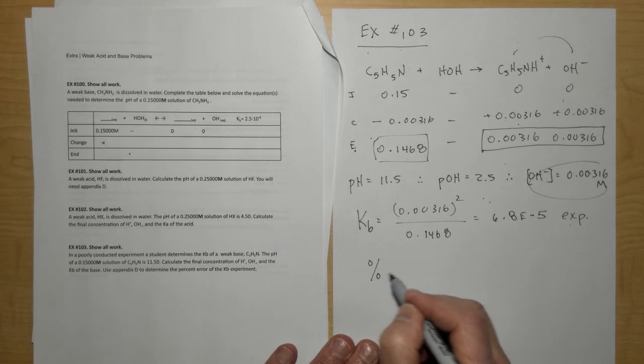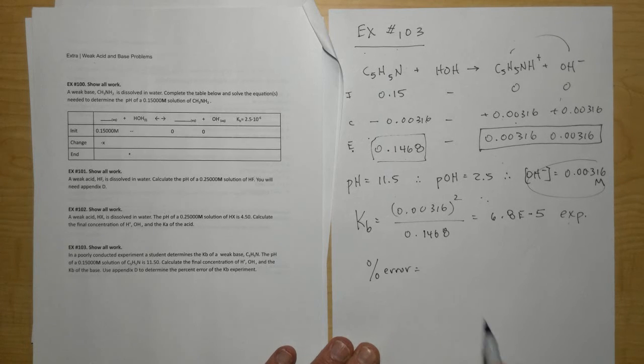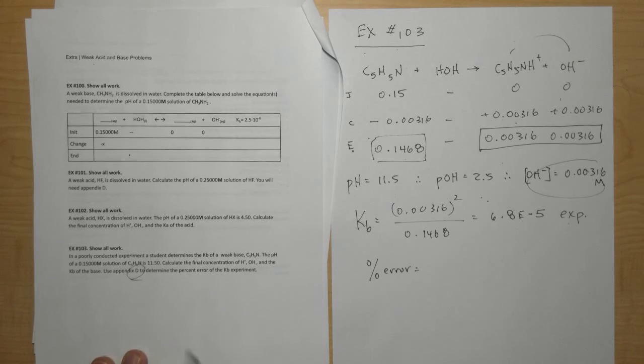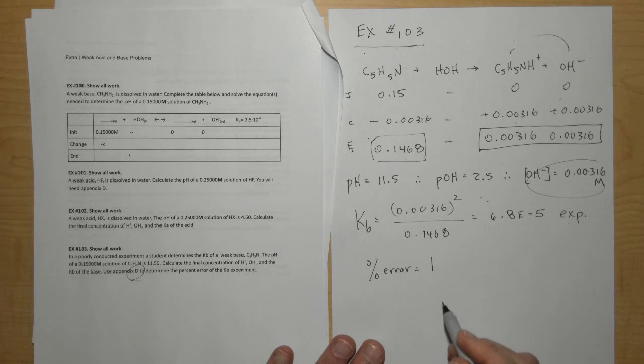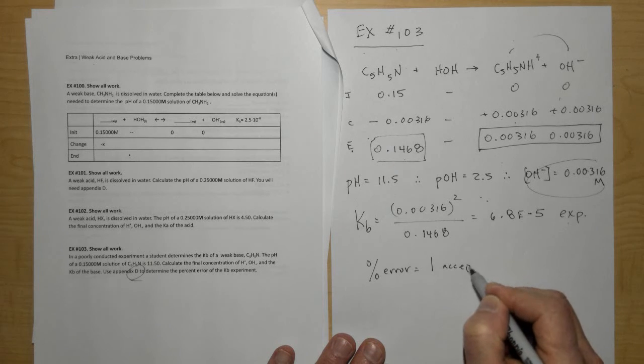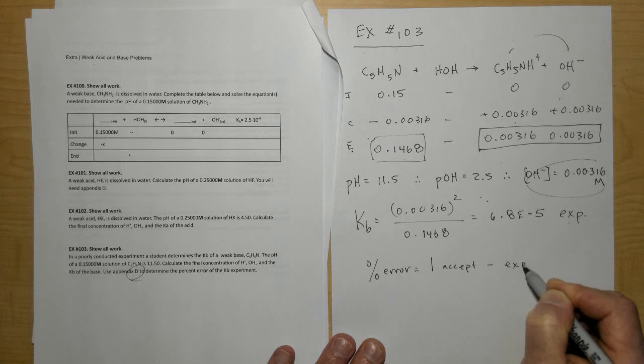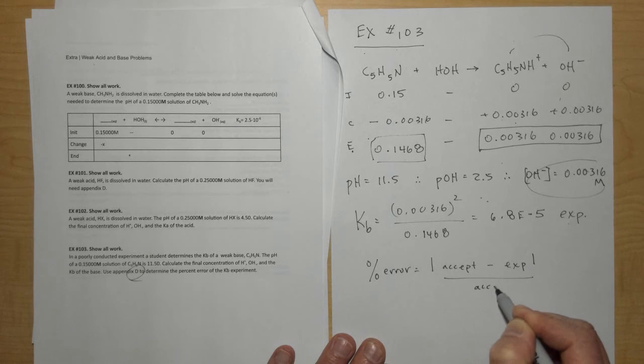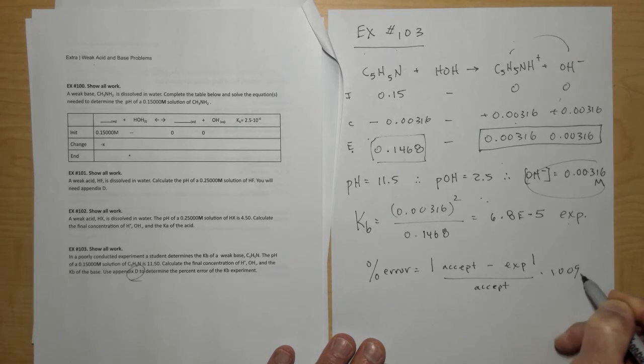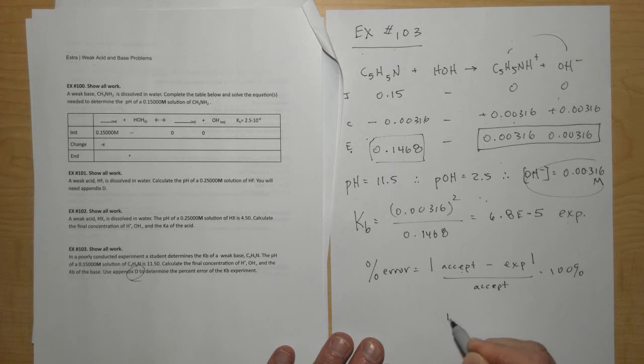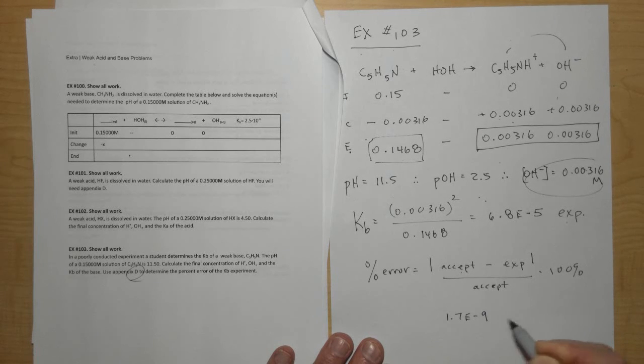Now, to find my percent error, I would need to know what the Kb is from a place like Appendix D. And it says use Appendix D to determine the percent error. And when I look this up, my accepted value, remember it's always accepted minus experimental in absolute values divided by accepted times 100%. And the accepted value is 1.7 times 10 to the negative ninth